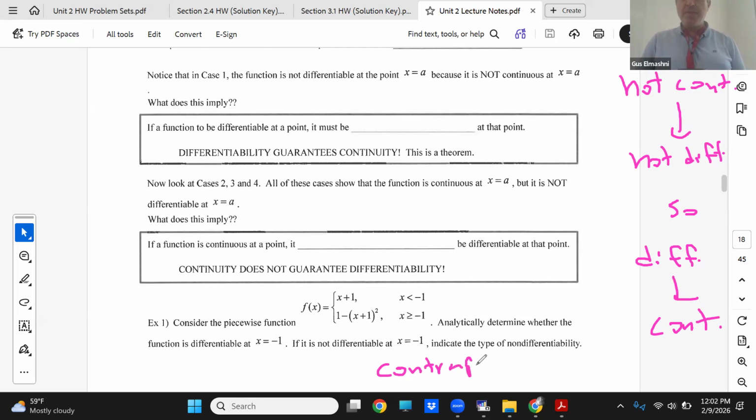Are you guys familiar with something called contrapositive statements? Do you guys ever do that in Ms. York's class? Yeah, it's kind of like that. So, for example,